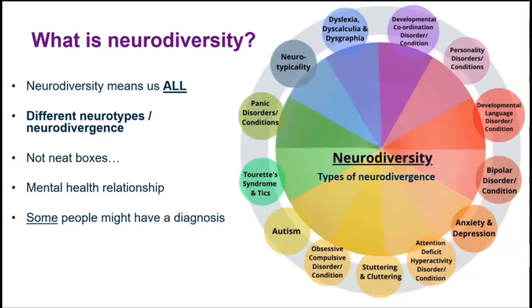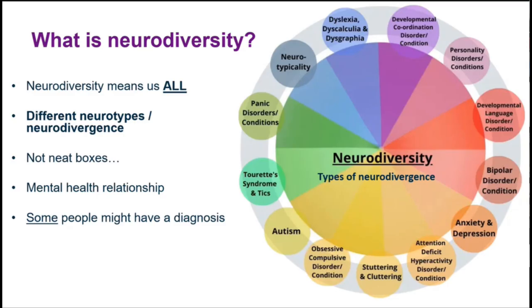This image is just an illustration of the huge diversity of different types of neurodivergence that we might see within our student population or within society more broadly. Now, of course, this image presents lots of perfect circles with labels in them. In reality, obviously, there's much more overlap between these different conditions and different neurotypes than we might expect in this image. They don't occur in discrete isolation from each other, for example.